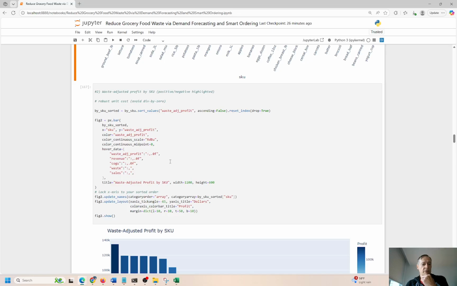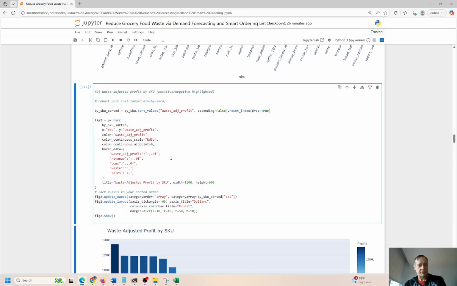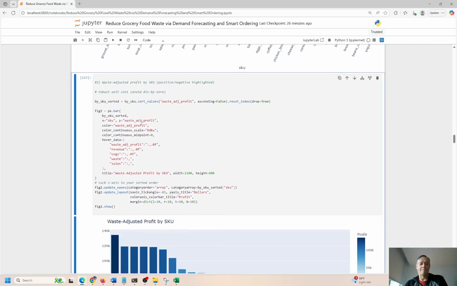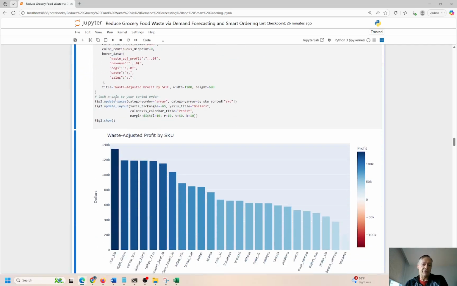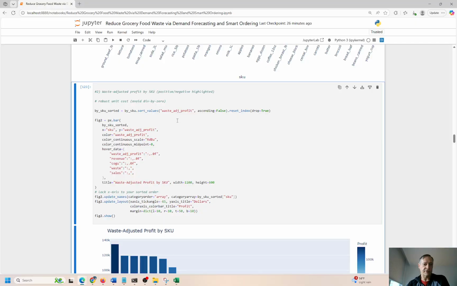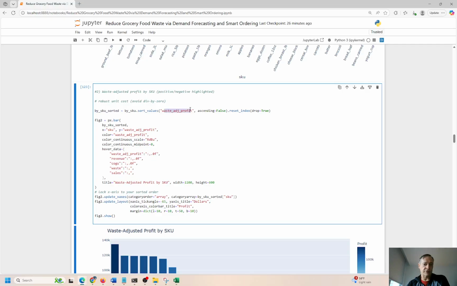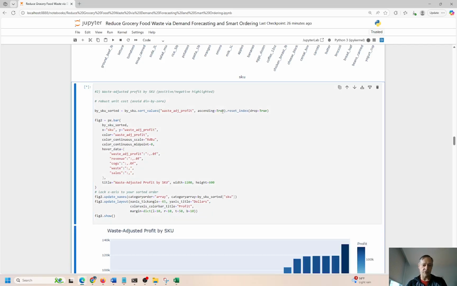So going down here, we can look at waste adjusted profit by SKU. So here are all the profits by the SKU. So rice has the biggest profit. And again, we're defining this basically as revenue minus COGS, right? And you can see this is in descending order. I put all this descending. It comes from here. SKU sort value is waste adjusted profit, and ascending equals false. So this is descending. If I change this to true, it would just flip the chart the other way around,